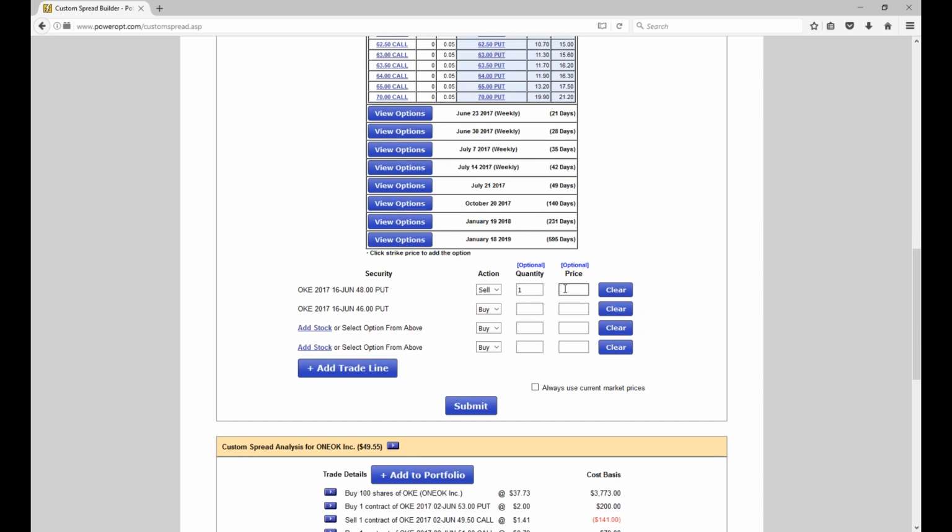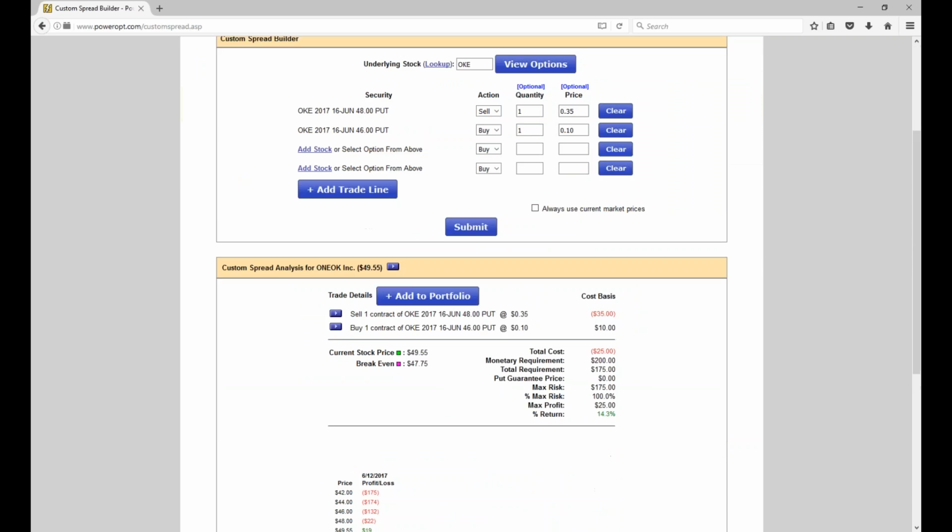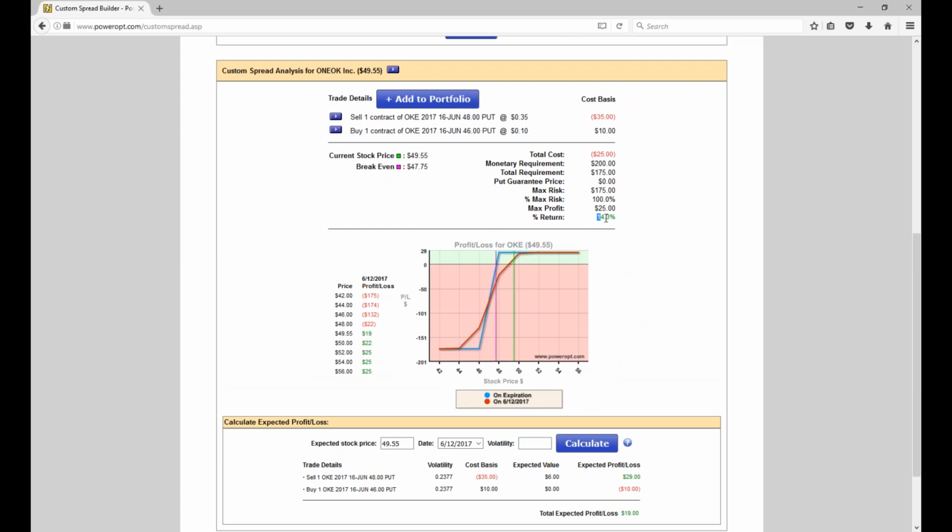So we're going to sell our 48, for 35 cents, and we're going to buy the 46 for 10. We get a 25-cent net credit on a 2-point spread, good double-digit percentage return, as long as the stock stays above 48. Both puts expire worthless. We keep the net credit. We make a 14.3% return. Your broker may charge you $2 to cover the position, but they also may charge you $1.75. Okay? And what we talked about earlier,